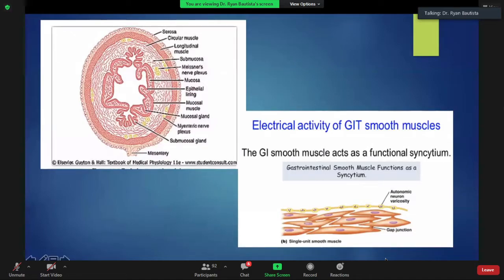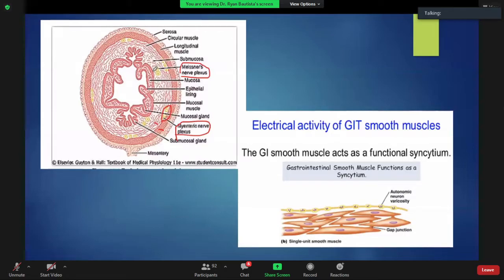There are 2 nerve innervations that you need to know when it comes to your GIT. Your Meissner's plexus and your myenteric plexus. As you can see, your myenteric plexus. Where's the myenteric plexus, Dr. Bautista? Wait. So everybody can appreciate it. Myenteric plexus is located in between the longitudinal muscles and your circular muscles. So you know it has to do something with the smooth muscles in your GIT. While your Meissner's plexus or nerve endings is located between your